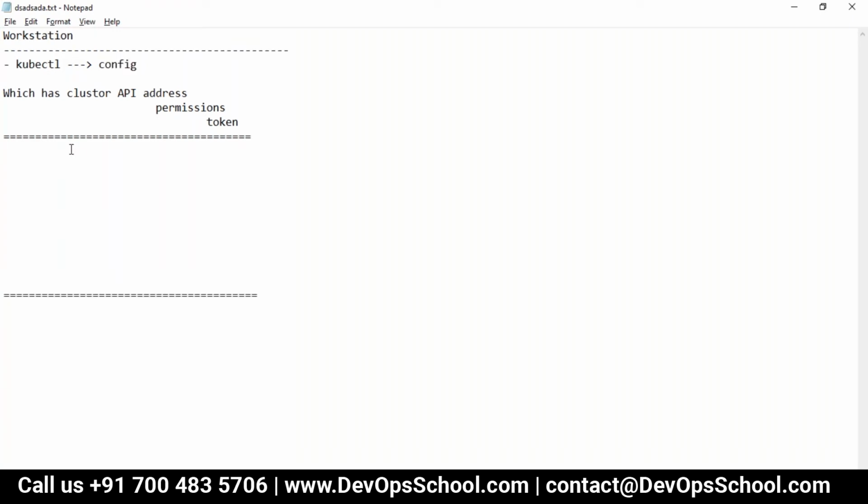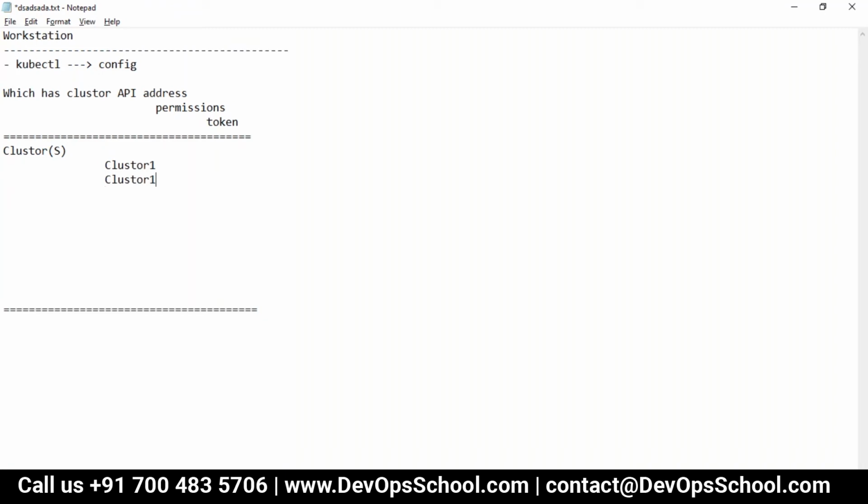Now the config file has different sections. One of the sections is clusters. I'm just putting a skeleton. Under clusters, you have cluster 1, cluster 2, cluster 3.